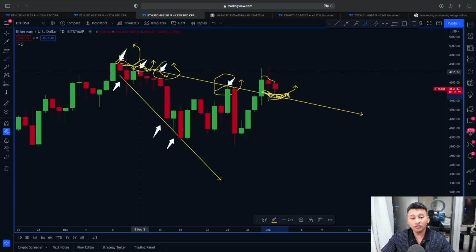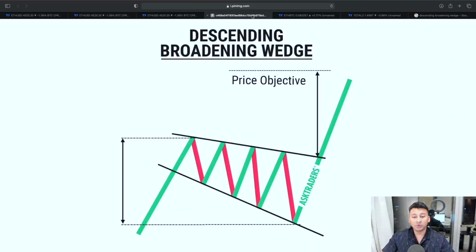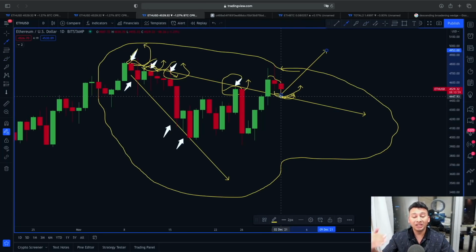So that's why, unless this support gets broken, this could still play out as a descending broadening wedge, because according to the descending broadening wedge, as soon as the price breaks out of this upper line area, in most cases we also see a retracement. I mean, price retesting the previous temporary range line before again showing some impulsive price movement. So let's see if the price of Ethereum manages to hold the support around this 4,400 to 4,500 range,